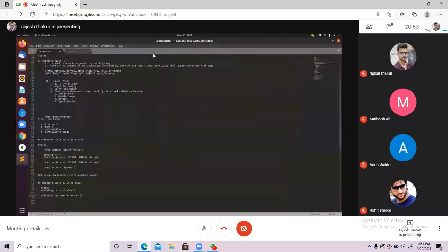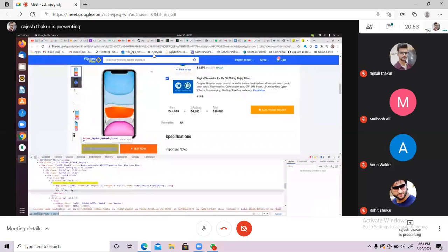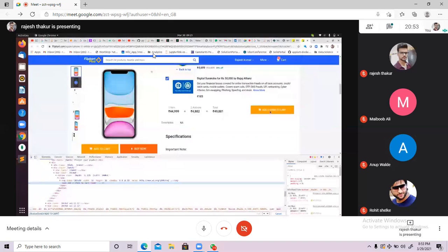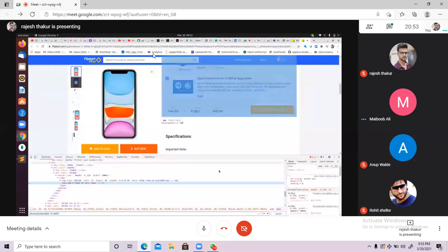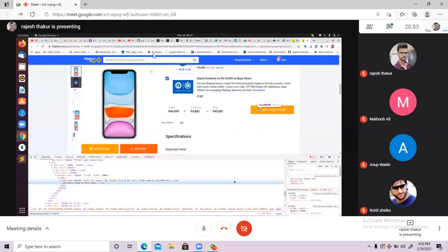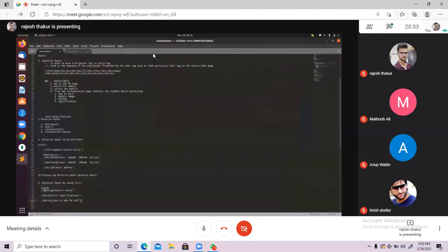Yes, you can do it. Now Add 3 items to cart. Anyone who wants to take an attempt? Chalo, Ali, can you please help me to identify this element, Add 3 items to cart, with the help of the text function? First thing, go with the syntax. The syntax is saying HTML tag.